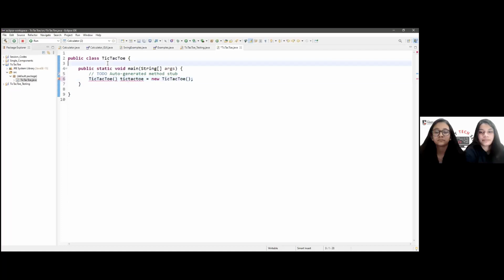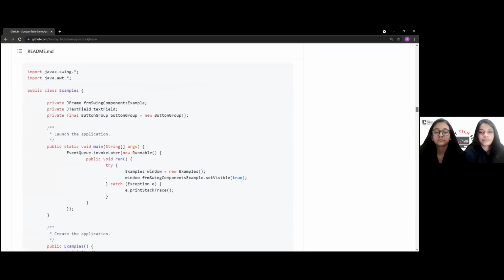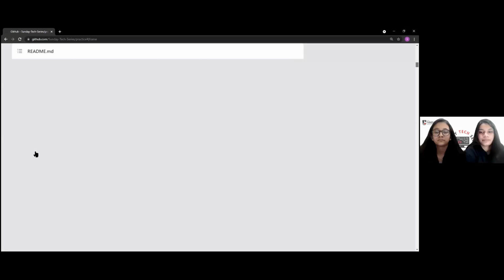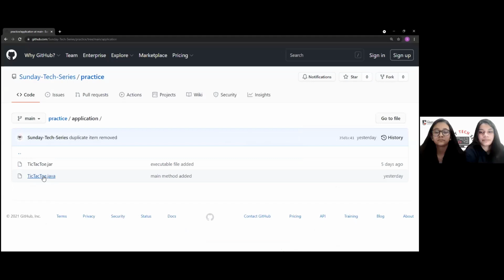We'll need a few imports before we begin working. And now we copy the import statements from GitHub. Here you need to open your GitHub. Then at the top, we need to go to application. Then click on TicTacToe.java.